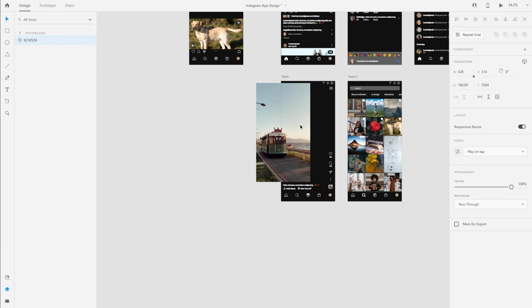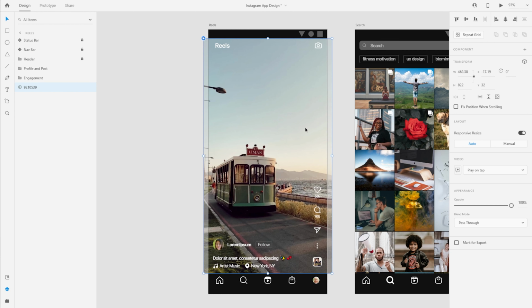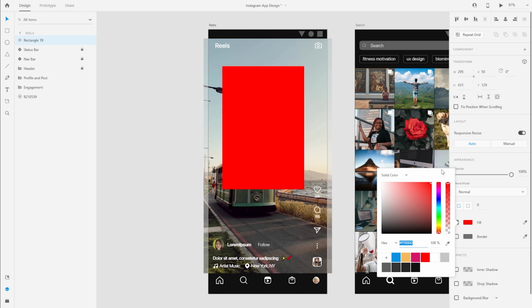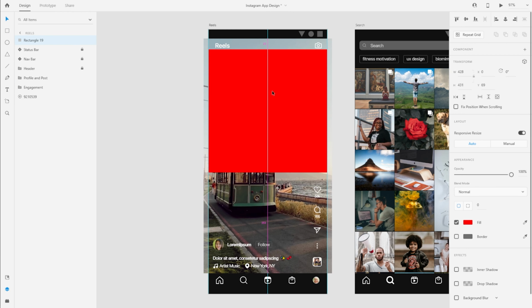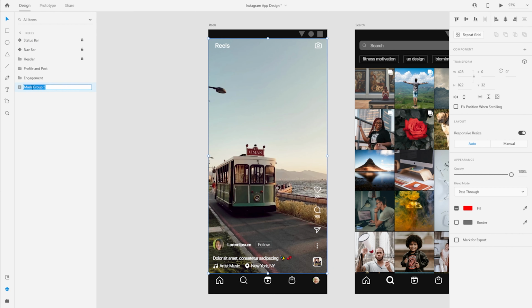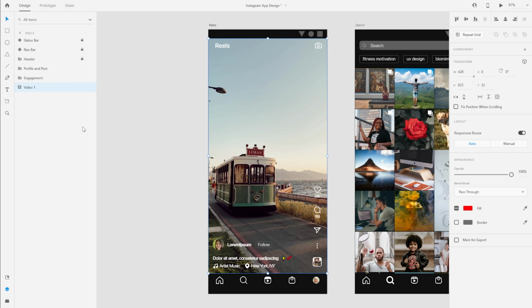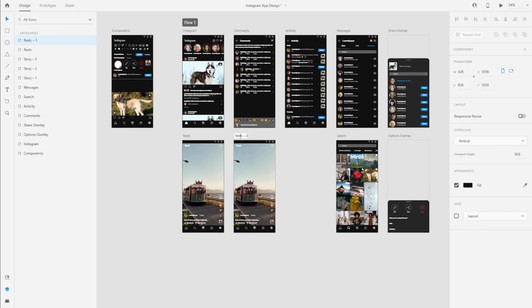Now, if you don't know, Adobe XD actually supports adding video files in the latest version. So make sure you're updated to the latest version of XD. When I add the video, I'll also add a mask to only show the area which is visible in the screen. You can view my video where I showed you what you can do with the video files in Adobe XD. I'll link that in the description down below.